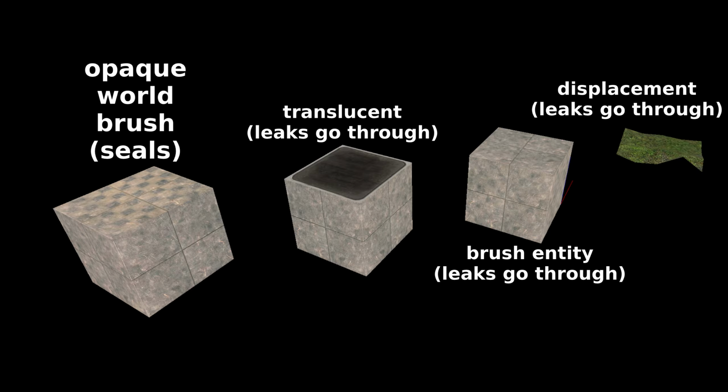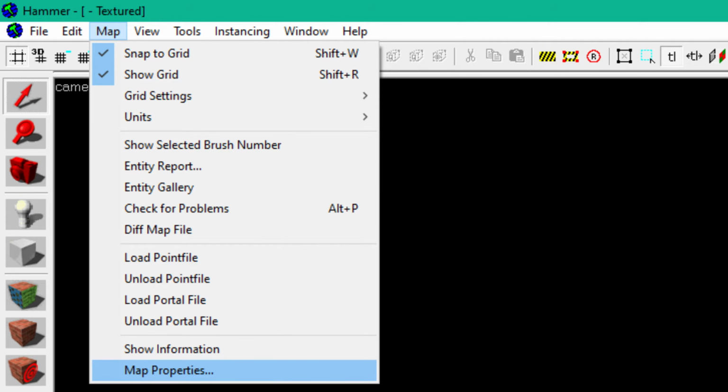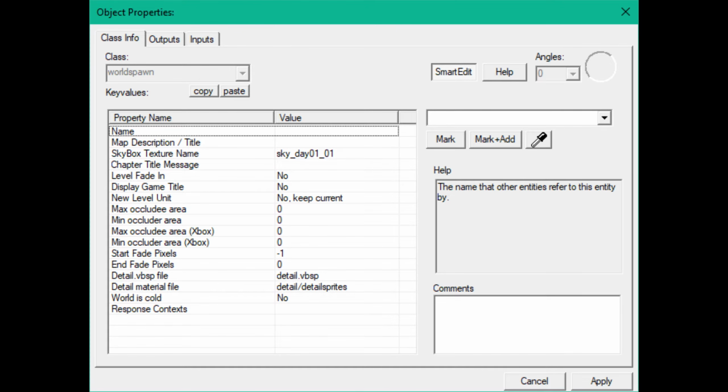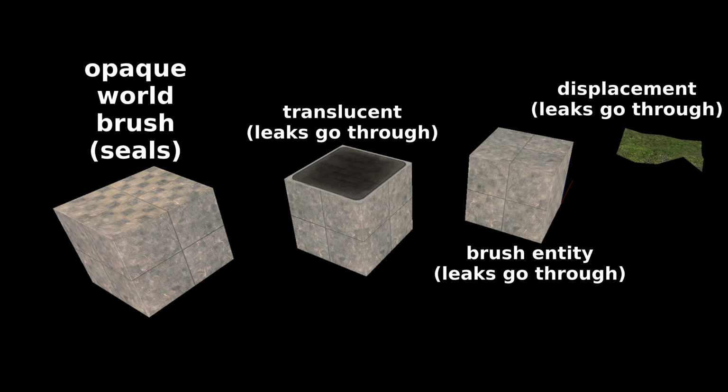Only opaque world brushes can seal a map. If a brush has a translucent texture anywhere on it, it is not opaque, it is translucent. This includes water. A brush is considered a world brush when it's not tied to any entity. The term world comes from WorldSpawn, which is the entity you edit when you click on map properties and represents all the static props and non-entity brushes in a map. And finally, they must be brushes specifically, not any kind of point entity, even one with a model or a displacement.